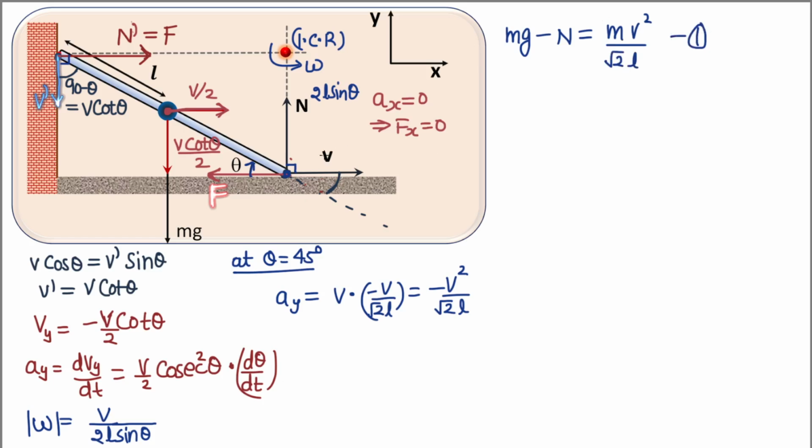Now what should we do to determine the rest? We have determined the value of N, but we had to actually determine the reaction force between this rod and this sphere, right? Now I'm going to prove that this is going to be equal to N. How? Let's make the free body diagram of this rod only, not the whole system, but the rod only, right? So let us make the free body diagram of this rod.